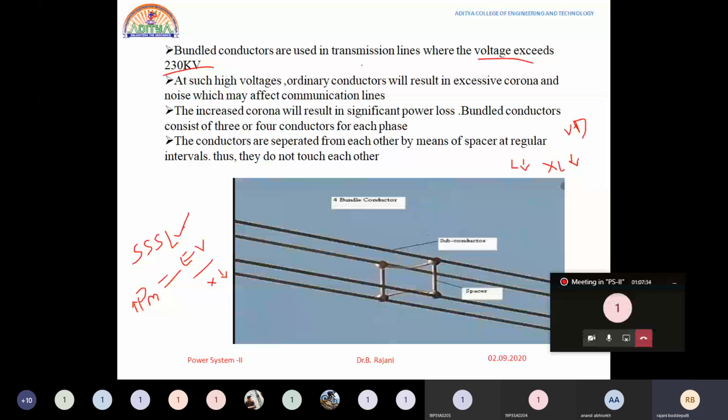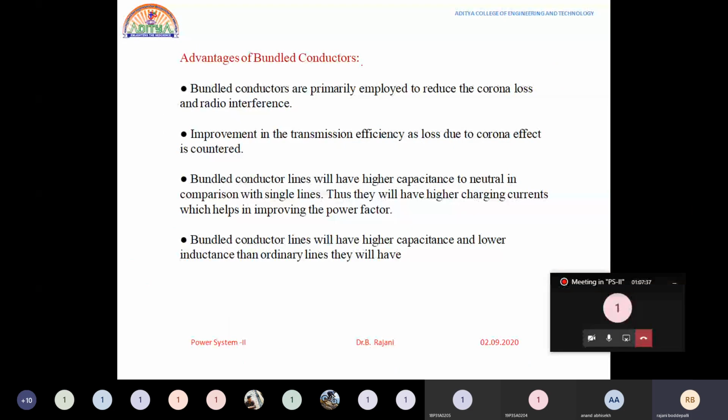Bundle conductors are primarily employed to reduce the corona loss and radio interference. That was the thing we discussed right now. In the case of single conductors, this effect would be more. If they are used as bundle conductors, this effect is less, and radio interference will also be reduced. If the voltage exceeds some critical disruptive voltage, then corona will come into existence in the transmission line. This leads to hissing noise and radio interference around the line, so the efficiency will get reduced. By using these bundle conductors,